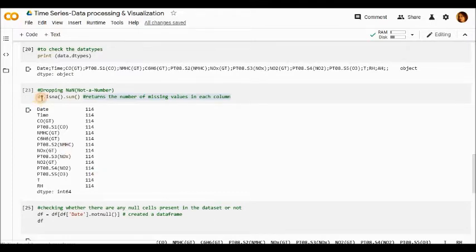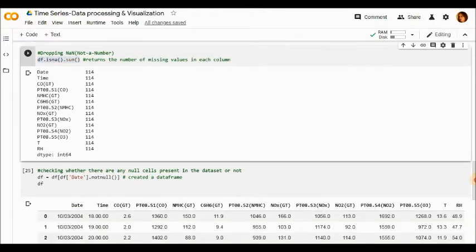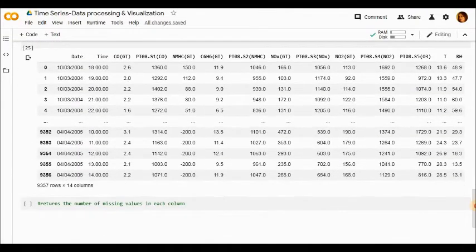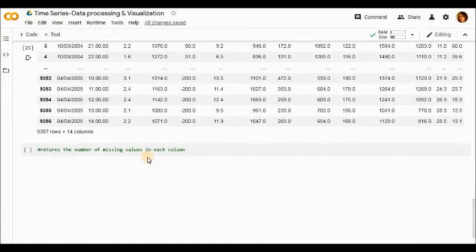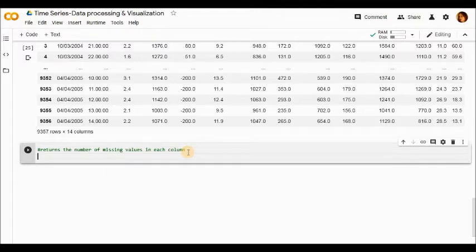Now, again, I would like to use the same code to find out the number of missing values in each column and what happened to them after cleaning. So I'll be copy-pasting the same code which was there. It's easier for me, I don't have to key in the entire code once again, and that is simple: